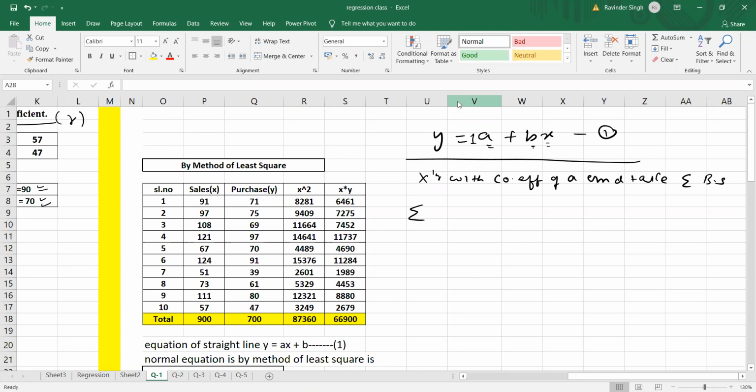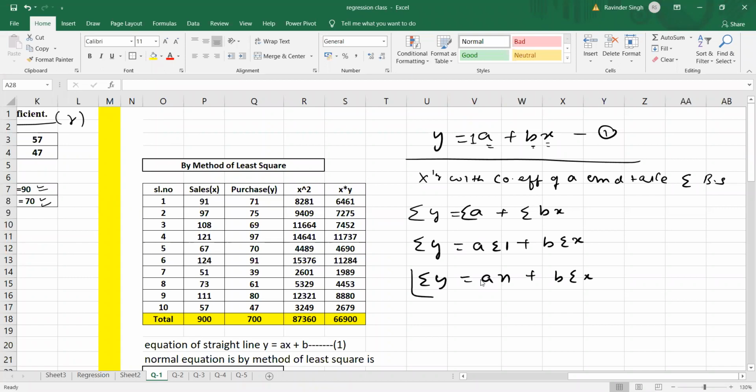So what will you get here? You will get summation of 1 into y is y. I'm taking summation, equal to a times, again multiplied with 1, so a into 1 is a, plus summation of bx into 1 is bx. When you solve this, you get summation of y. a, the constant term, will come outside, remaining with summation of 1, and b will come outside, remaining with summation of x. So this will be summation of y is equal to a times summation of 1, which means 1 plus 1 plus 1, n times, so you will get n here, plus b times summation x. This is one normal equation.